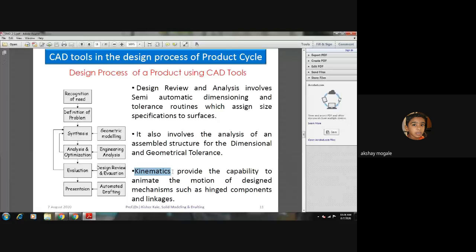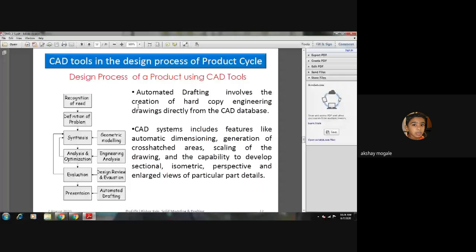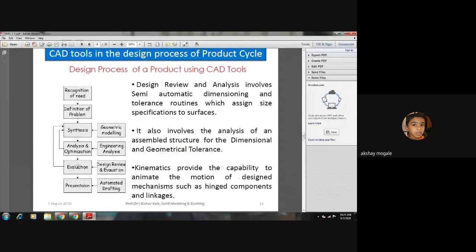So whatever linkages there would be, animation would be done, how it works, that can be seen in kinematics, and it is being used in the analysis and evaluation. And the last part would be your presentation.